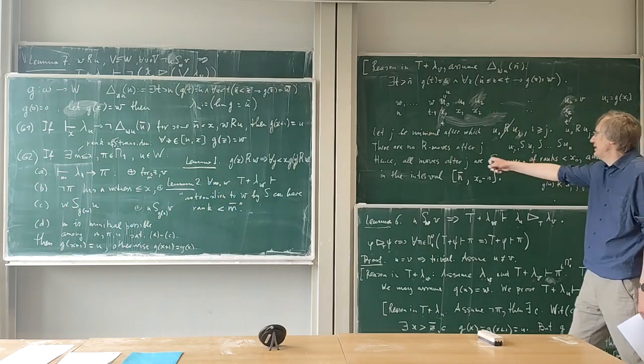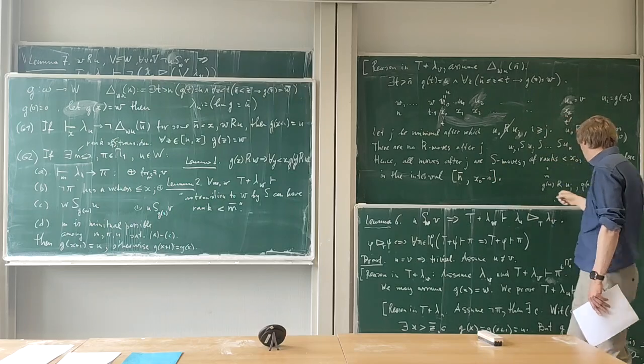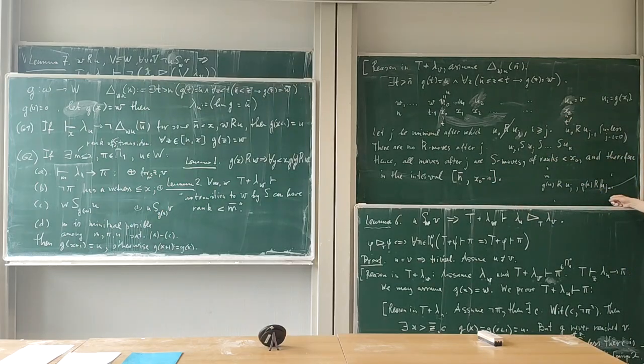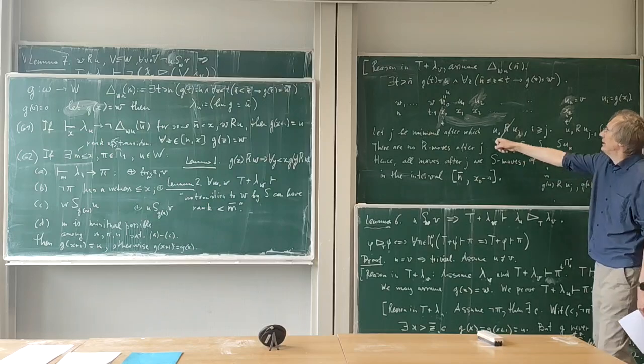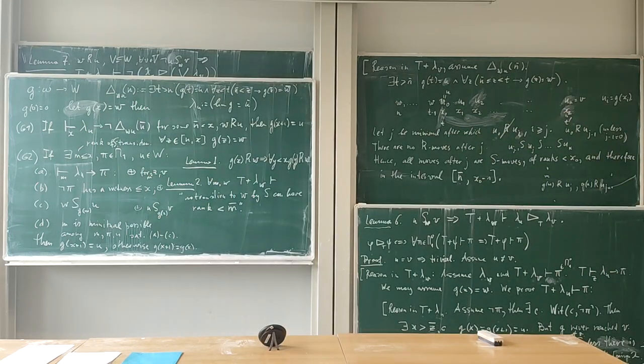So essentially the same kind of reasoning, that there are no R moves after J. So there are also no S moves with ranks bigger than x0 after j for the same practically structural reason. So our relations kind of